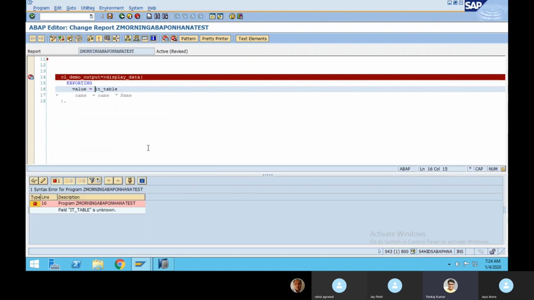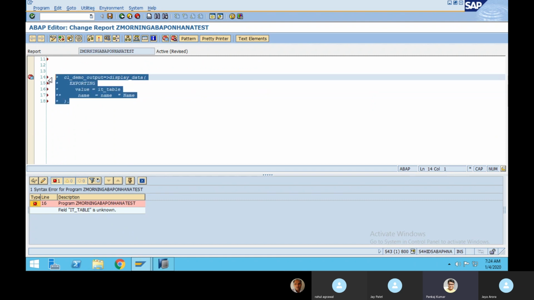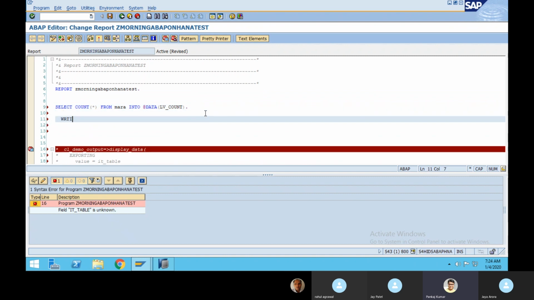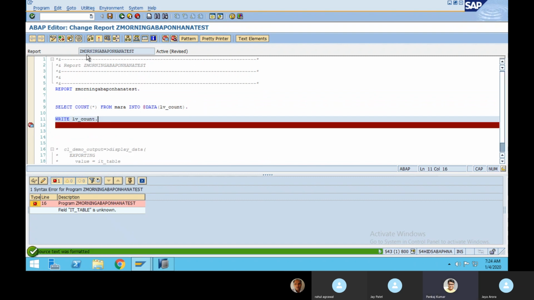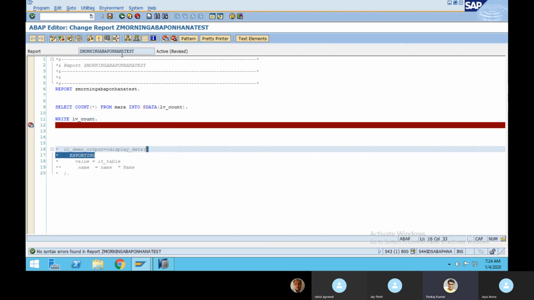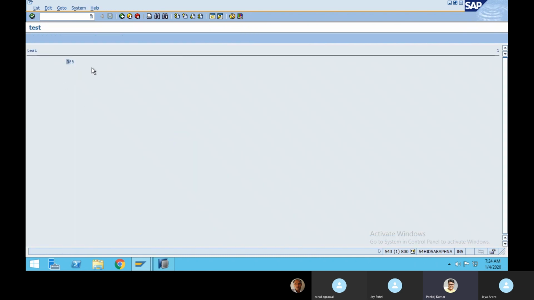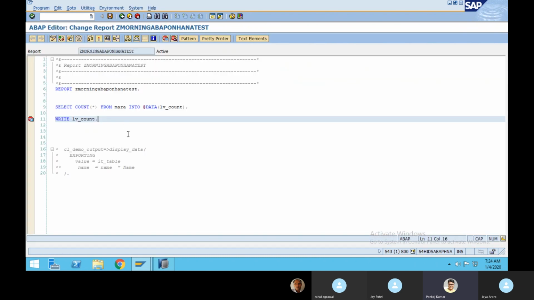Check the syntax if it is fine or not. It is telling some problem. Remove this one. I want to see the number of count, and then lv_count. Check the syntax. Now it's fine. Activate it. Just run it, and the count you can see is 388.